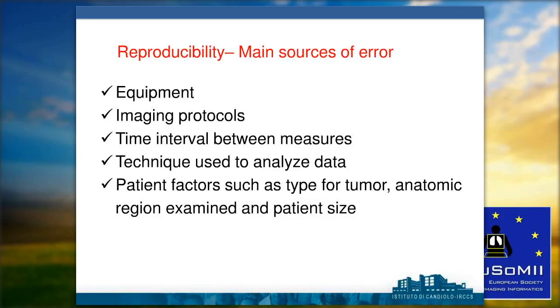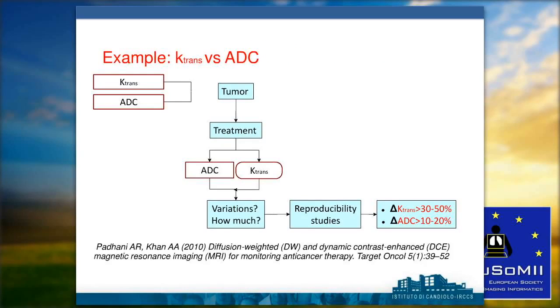But the problem is that, especially for reproducibility, there are many sources of error that can be due to the equipment and the imaging protocol and so on. Also, patient factors can affect the results. And so this is an example of how